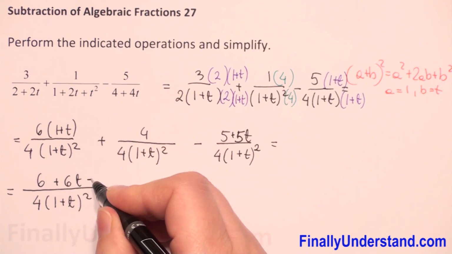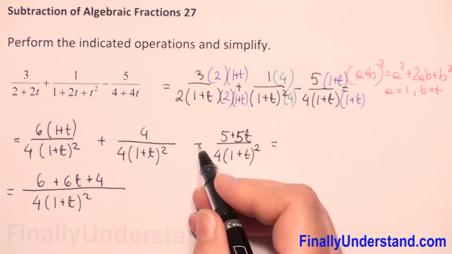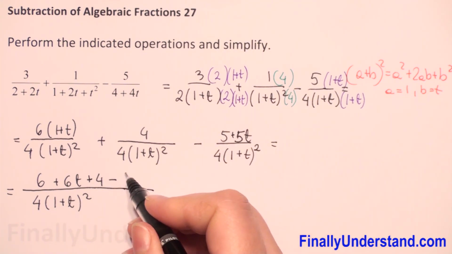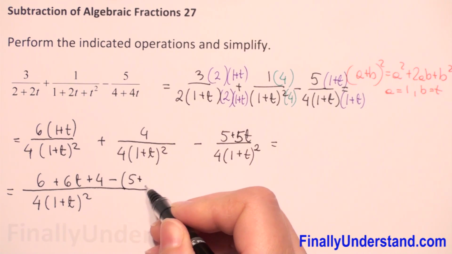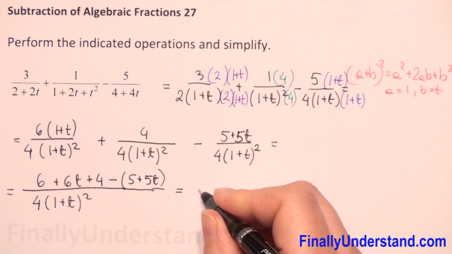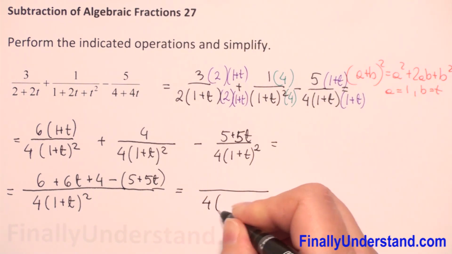Next we have plus 4, and next we have minus. Because we have minus before this whole expression, we have to put in parentheses this 5 plus 5t. So this is equal. The denominator we have to copy,